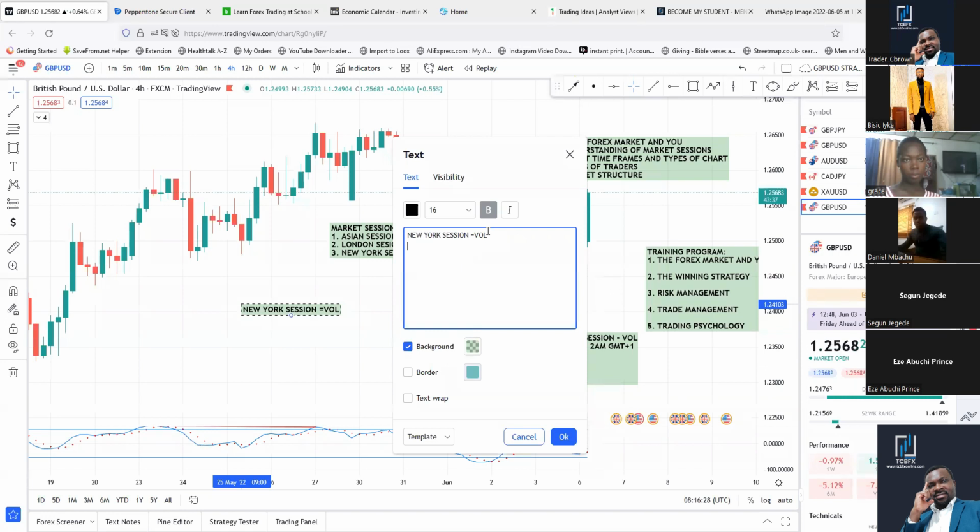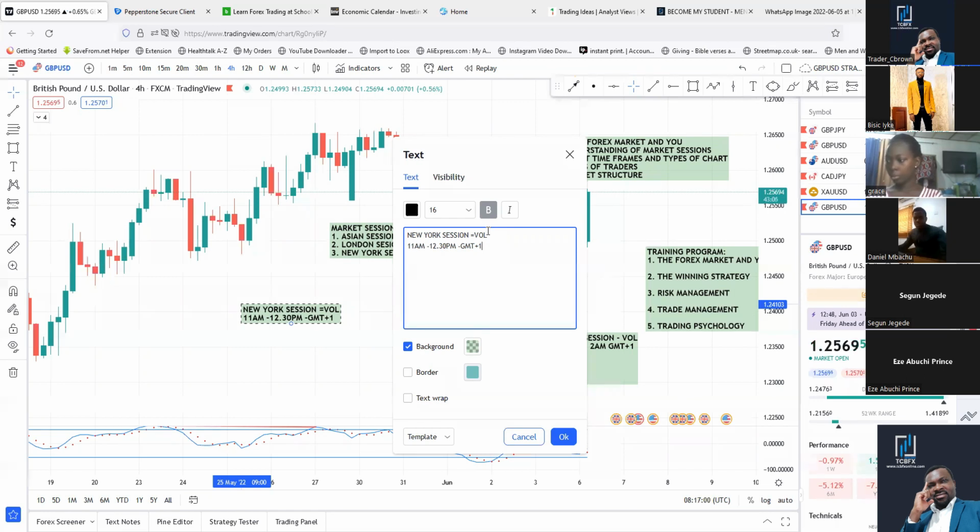So this is what we're looking at. New York section, you want to start looking at trade from 11 a.m. UK time. That's when the first section of volume comes in, to 12:30 noon p.m. UK time. I'm talking about GMT +1. Okay, that's the first section. At this moment, the USD starts getting stronger.